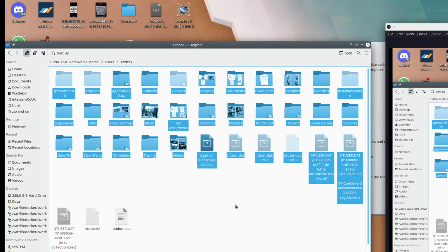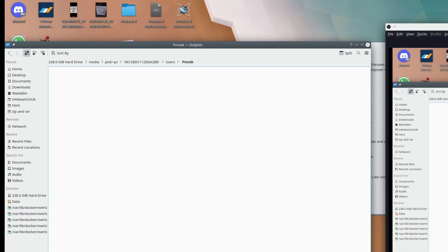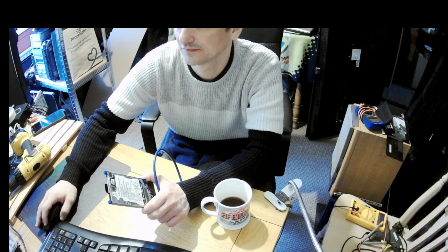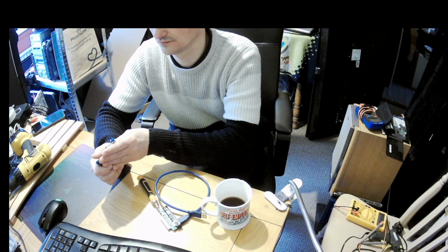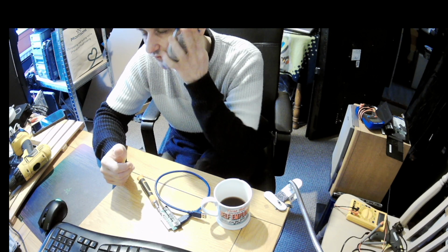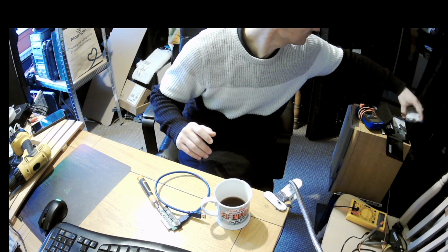So yeah, 1.2, let it go. Now we can take it out, and the last one, yes. See, those adapters are really brilliant. No, it's not getting hot, so it's fine. So you get a second hard drive, and the last one,